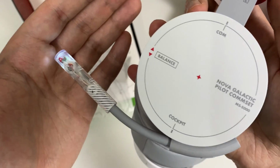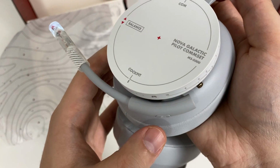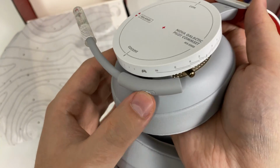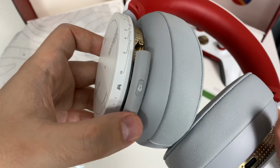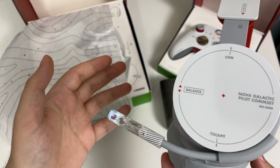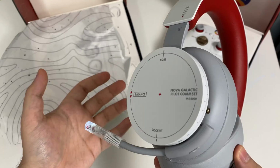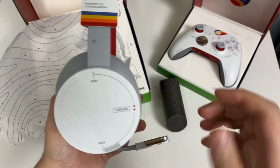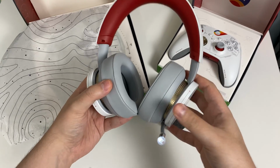So when the light is on, it means your microphone is hot, and if you press it, the light turns off to tell you that the mic's muted. It also plays a sound when you mute and unmute the mic. Plays the sound like you're turning on a radio communication device, like a walkie-talkie or something. Very cool. So much attention to detail